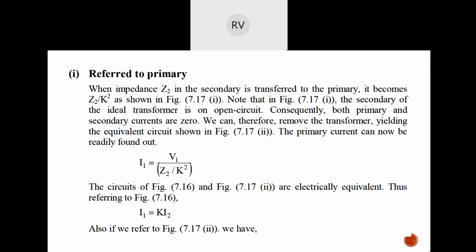So let us see further, the refer to the primary case and how it will be changed. When the impedance Z2 in the secondary is transferred to the primary, it becomes Z2 by K square. We know this, and the secondary of the ideal transformer is an open circuit. So because of the impedances being transferred, the secondary will be open circuit. Consequently, primary and secondary currents are zero. We can therefore remove the transformer, yielding the equivalent circuit